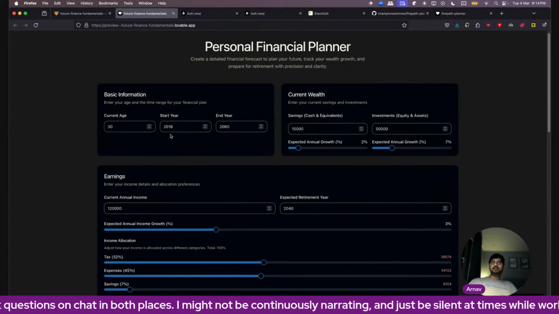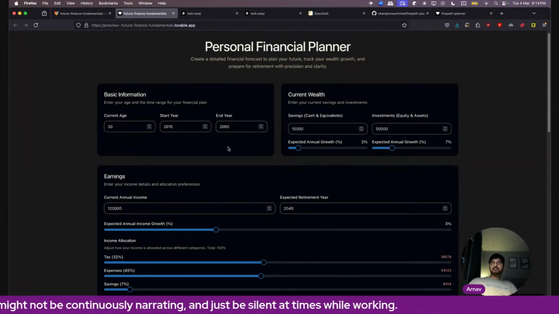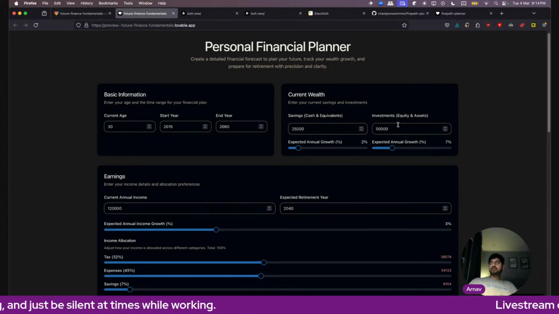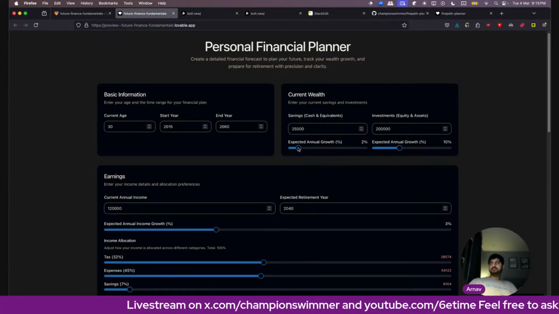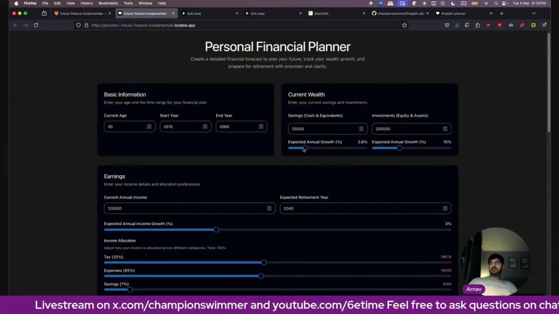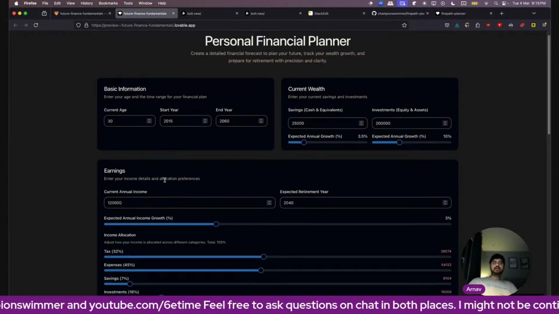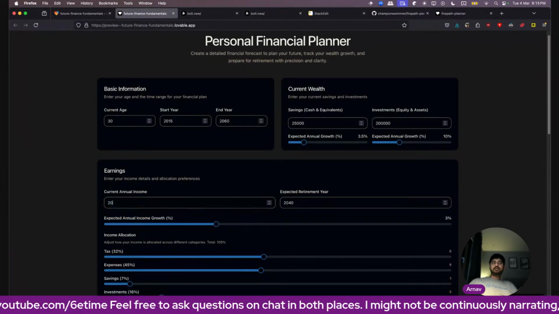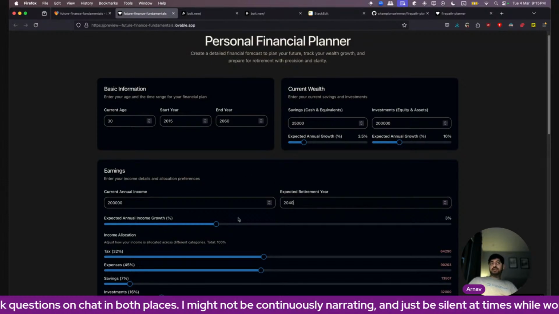Age at least 30. Start year 2015, let's say, end year 2060. Savings 25,000. Investments 200,000. Expect growth at 10%. This should grow at 3.5%, let's say. Okay, cool. Earnings, let's say earning 200,000. Expect to die by 2040.